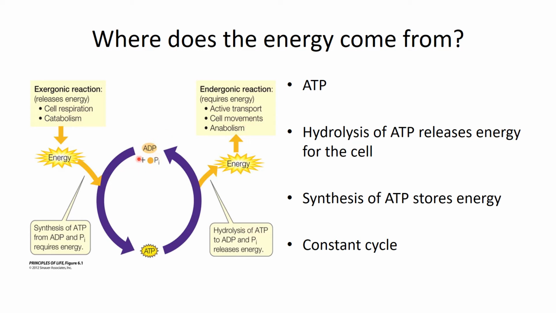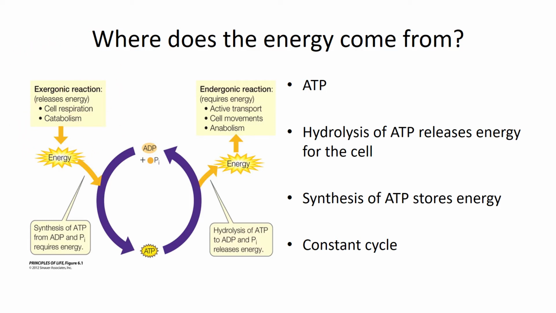That energy can get used for other endergonic reactions. Now we have ADP and a phosphate ion. That ADP and phosphate ion takes an input of energy to create ATP. Well, that energy came from exergonic reactions through cell respiration and catabolism. Anytime we break something down, we release energy, and that energy can be grabbed. And this is just this continuous cycle. ATP breaks down in an exergonic reaction that's going to fuel a bunch of other endergonic reactions within the cell. ADP and phosphate require energy to synthesize ATP, and that energy comes from other exergonic reactions going on in the